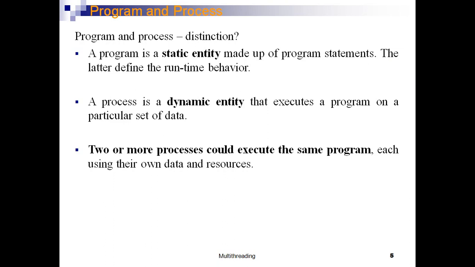So previously we have seen a program is a static entity and a process is a dynamic entity. So how can they be related? That means these two can be related. A program which is under execution is said to be a process. That means in order to execute a program, first of all it has to be loaded into the memory. One thing you are supposed to remember is every program should be loaded into the memory before execution. So once a program is loaded into the memory and ready for execution, this particular stage is called a process.